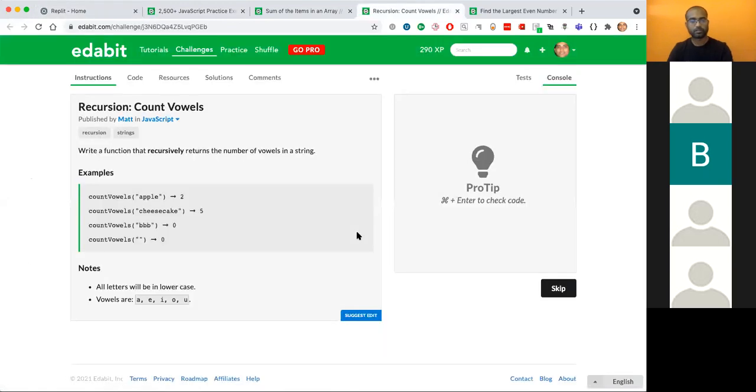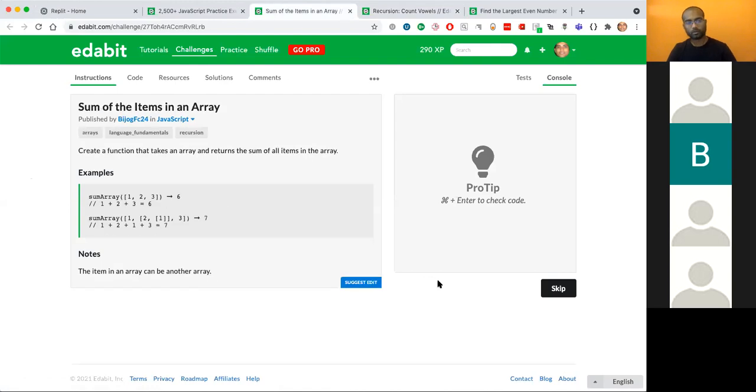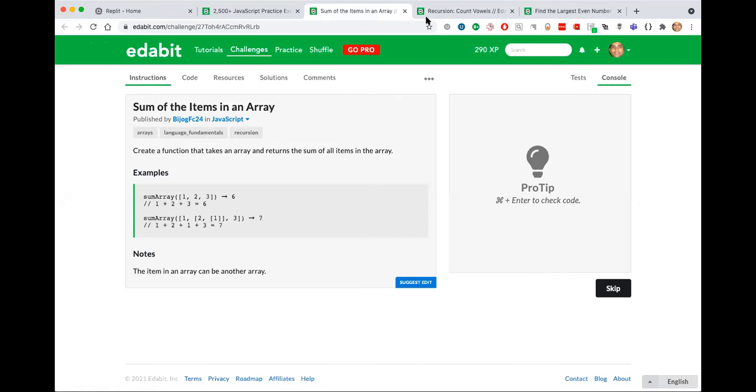So yeah, let's take a look at this problem. This is a very simple problem. Let's take a look at this and you guys can share the logic with me in the chat. What do you think the logic should be? Keep in mind that your logic should work for both the test cases, not just the first test case. So we will be using recursion to solve this problem. So make sure your logic is recursive in nature.